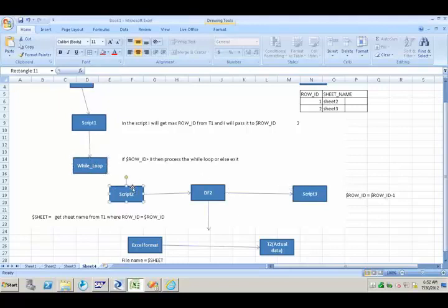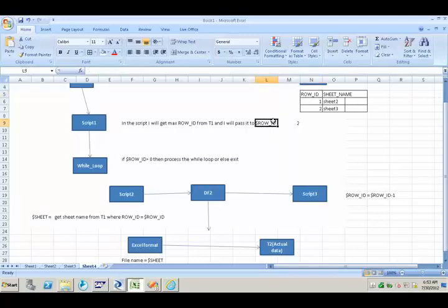So what I have defined here: script 2, then data flow number 2, script 3. In script number 2, what I am doing is populating $sheet. How am I populating it? Get sheet name from this table where row_id is equals to $row_id.